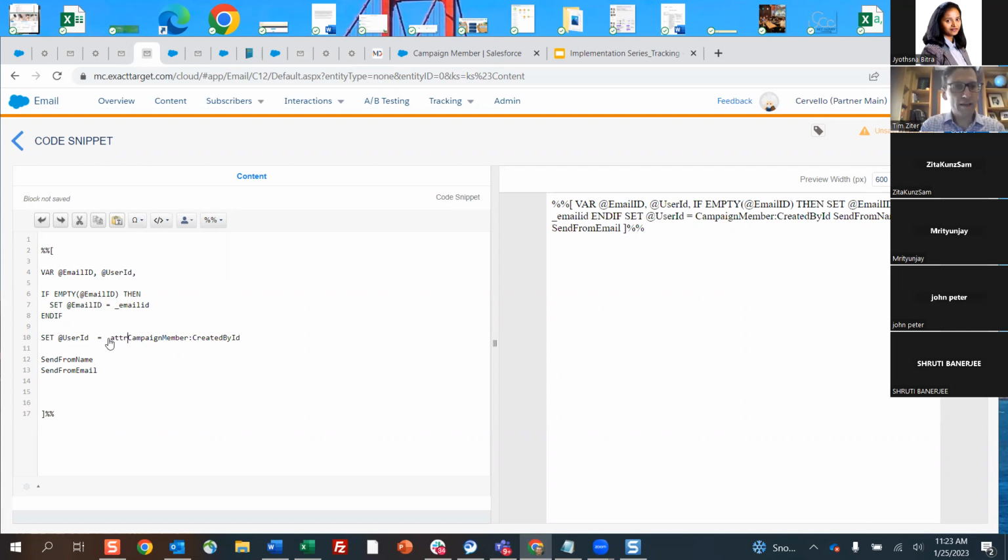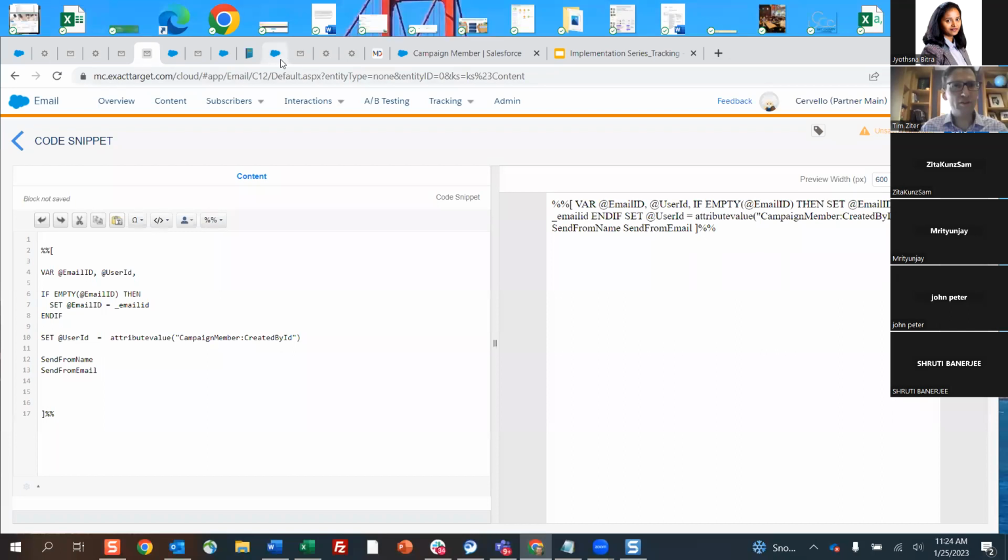So to do that, we're going to add an attribute value function. It's just best practice. It allows for you to not error out if that field is not populated. And there you go. We've got this user ID in our data set. Now we've got the user. We're able to find that on a record by record basis. Now we just need to look up into our user database to find the name and the email of that user. So if you have the Marketing Cloud connector, like JB said, hooked up, you will have synchronized data extensions